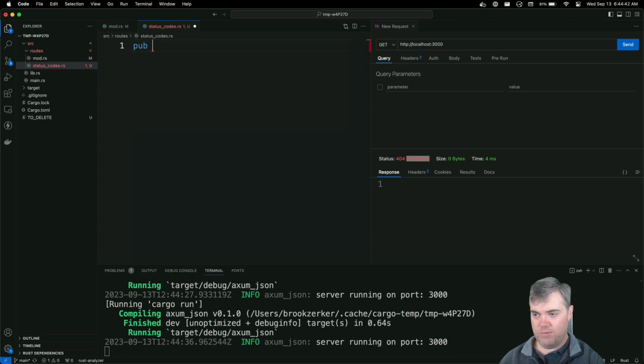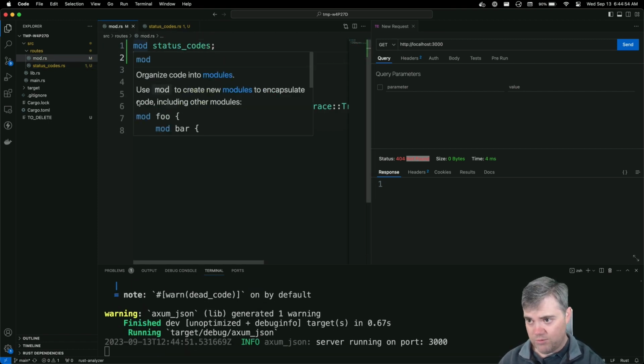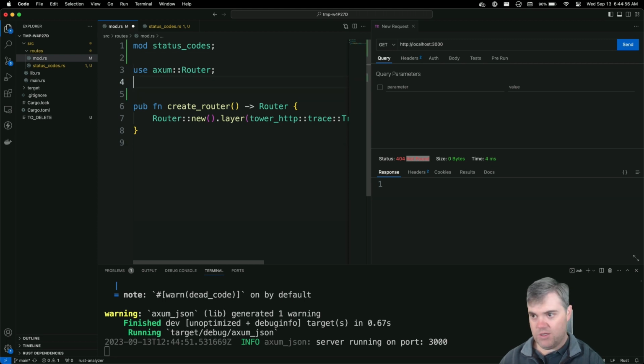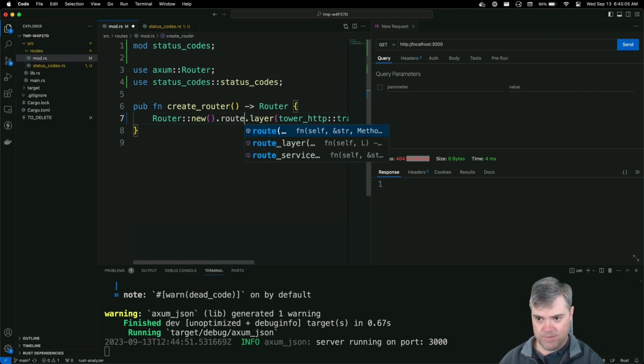All right, we'll have a pub async function status codes, and we'll just return nothing. And back in our router, we'll pull this in. So use status codes. And for our routes, we'll do a route.